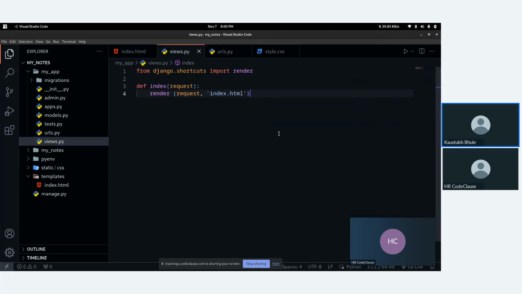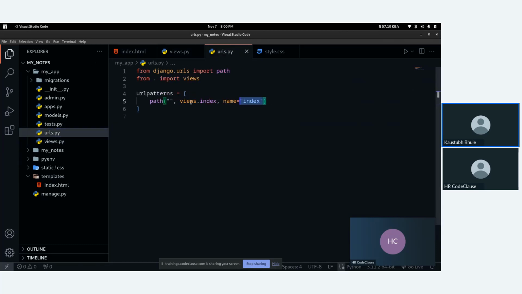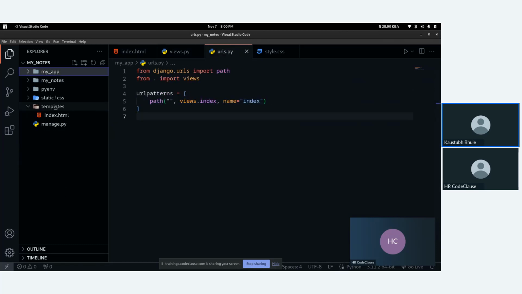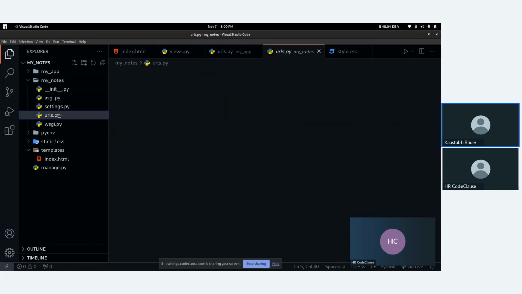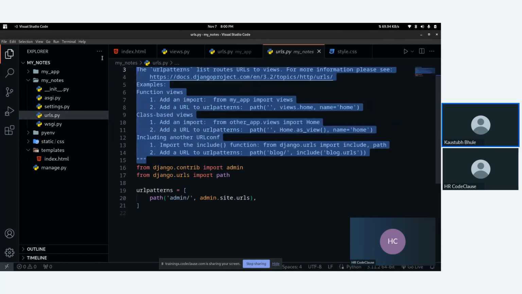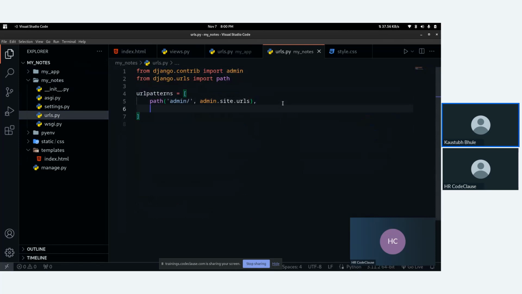Fine. Now we have created the view, we have linked the URL. Now what we have to do? We have to import all the URLs in our main project. Again, you need to import one function called include. After that, path. Again, I am using the root directory. Don't worry, guys.